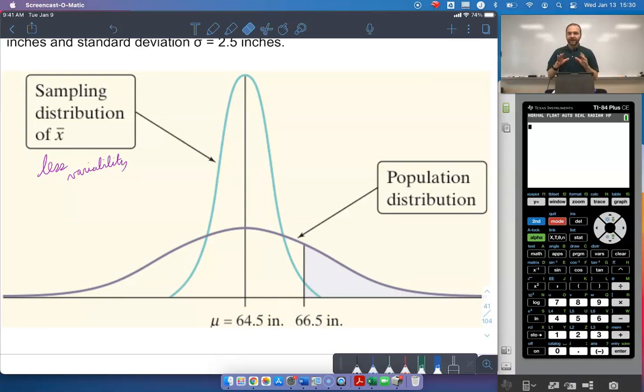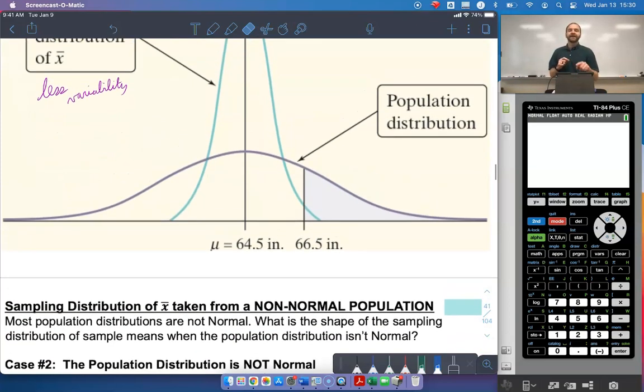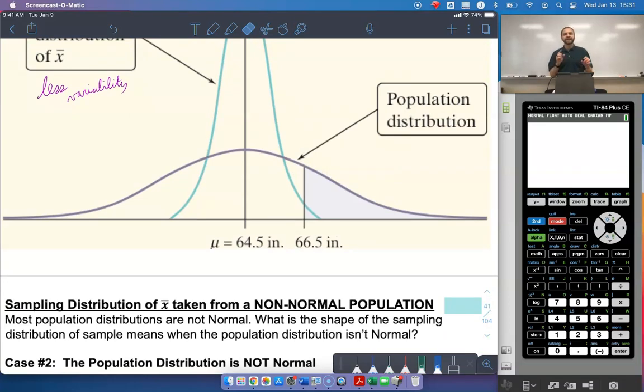Case 1, and that's what this video covers up to. Case 1 is if your population is normal, the sampling distribution of X bar will also be normal based off the characteristics we talked about in this video. Case 2, and that's what the next video looks at, is what happens if the population distribution is not